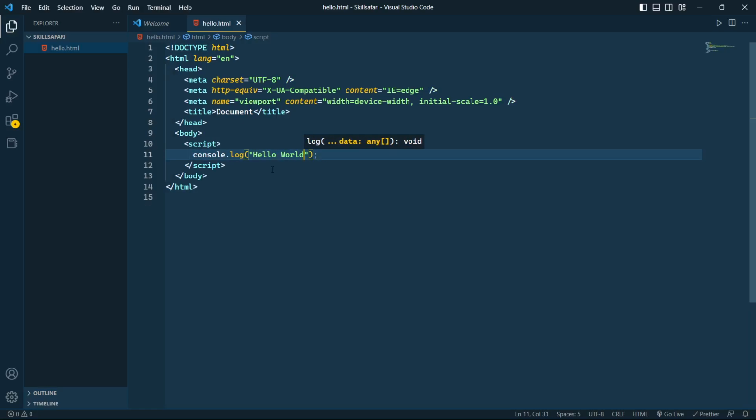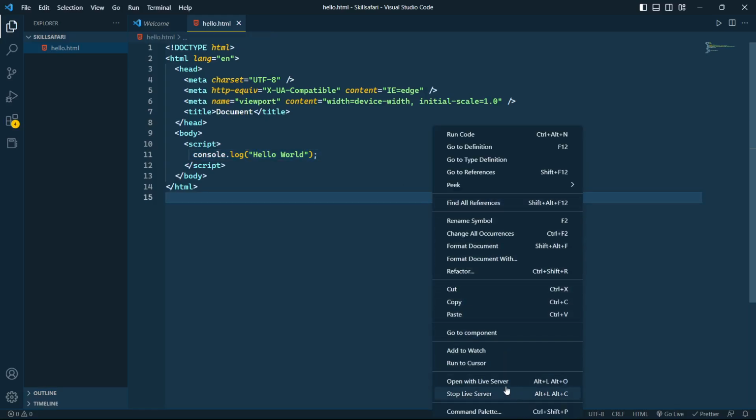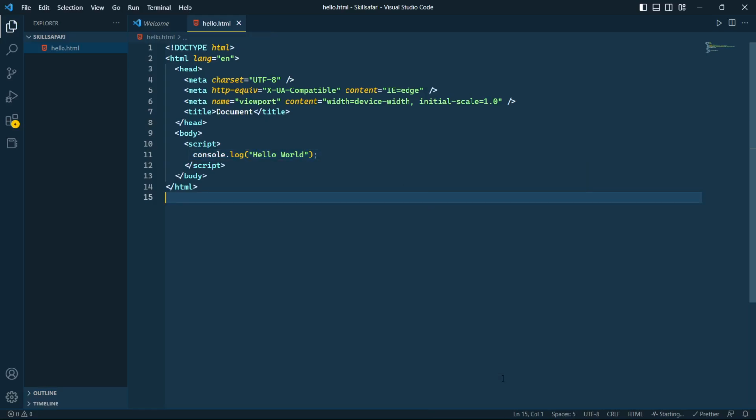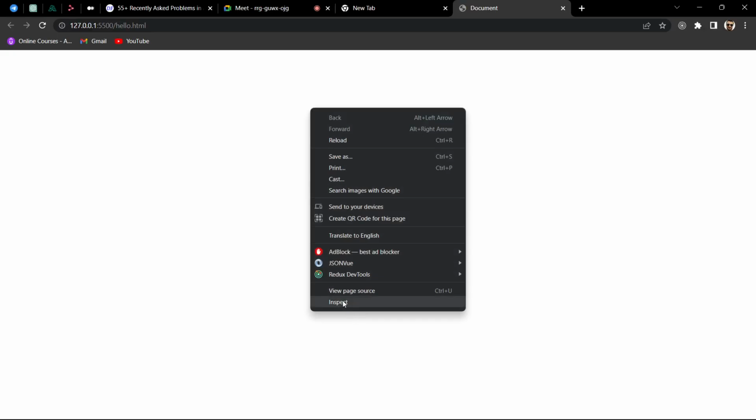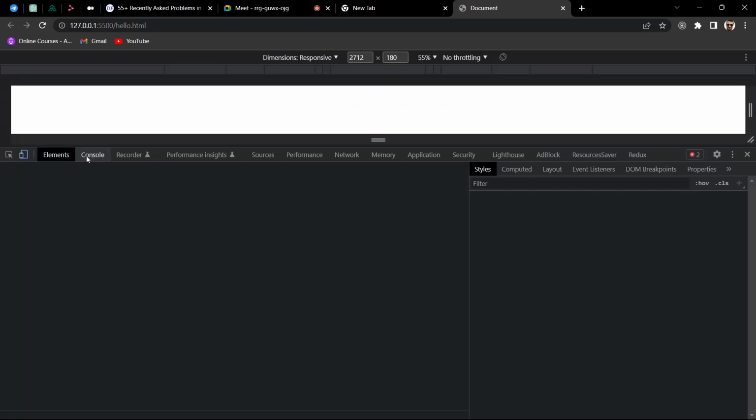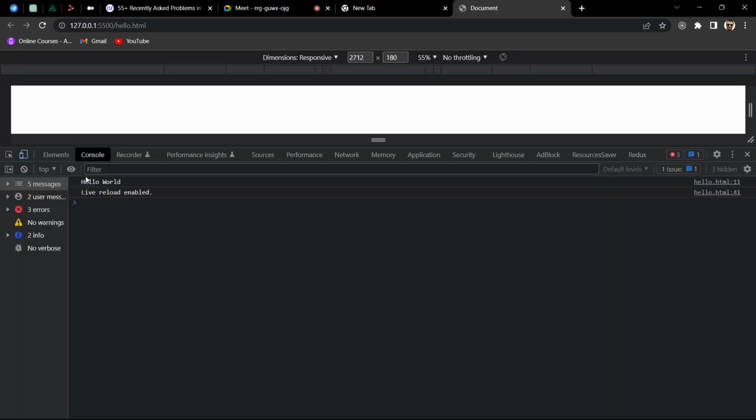Now if I open this with the live server and inspect the browser, you get the line hello world, but it is not showing the undefined.